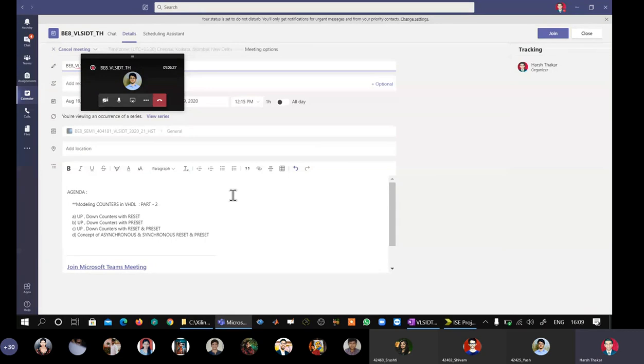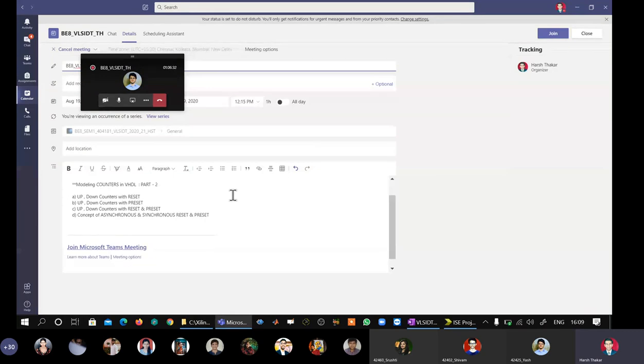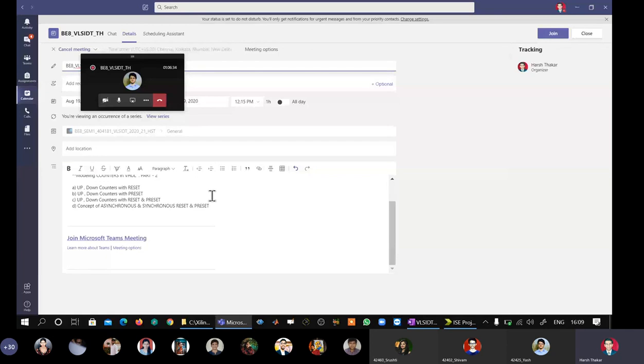So the agenda for the next lecture is modeling counters in VHDL part 2. It contains up-down counters with reset, up-down counters with preset, up-down counters with reset and preset, and last is the concept of asynchronous and synchronous reset and preset. This will be the agenda for the next lecture whenever it will be.